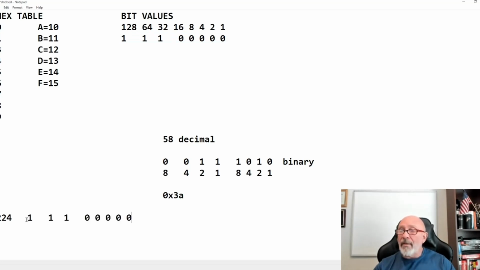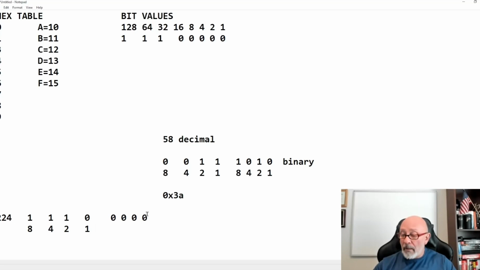Here is the binary version of that number. So now, what is the hex? Well, if I want to get the hex, remember, I got to separate it into bits of 4. So we know that 8 is on, 4 is on, 2 is on, and 1 is off.